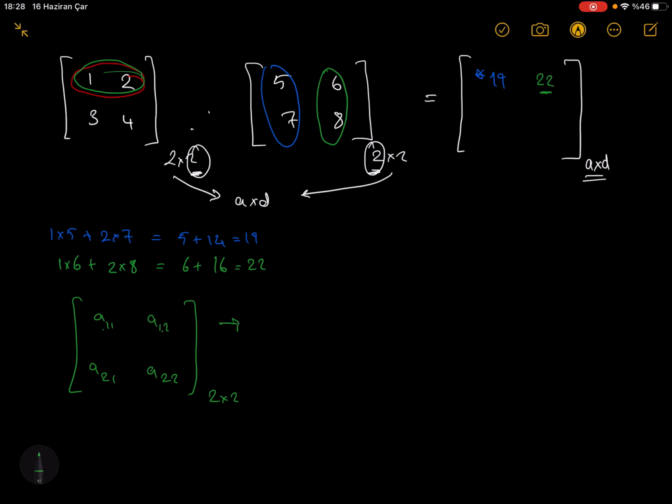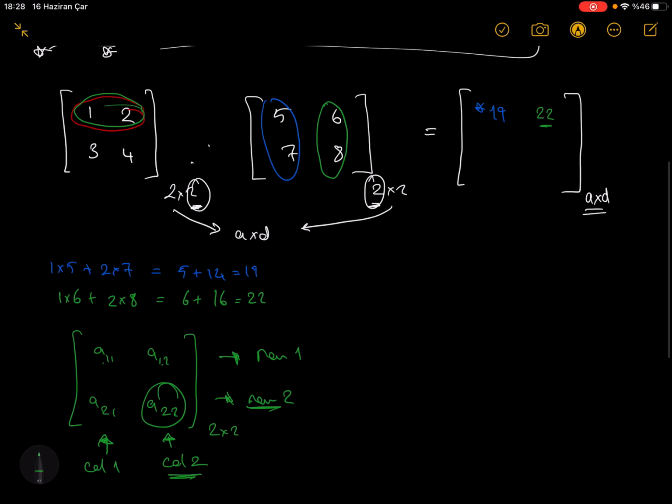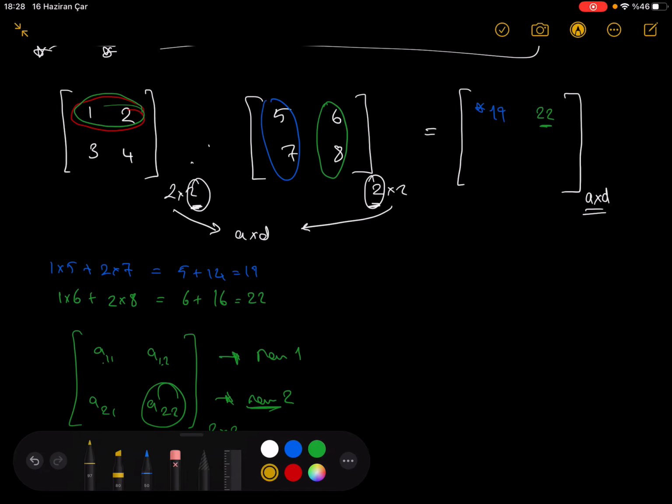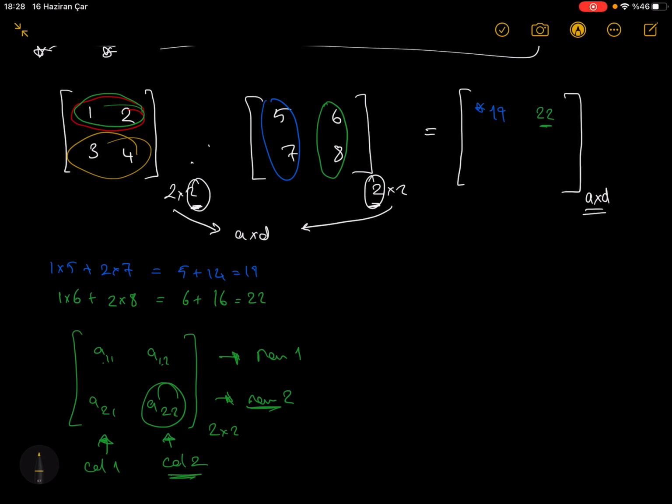But as you can see, this is row 1, this is row 2, this is column 1, this is column 2. Okay, so if you are looking at this element, this is in the second row and the second column. Do not get confused about this notation. Okay, I am going through it. I believe you got the idea, but I am going to do that. The second row and the first column,